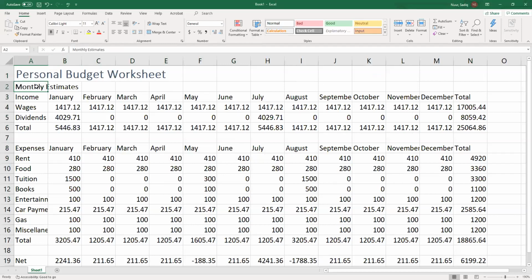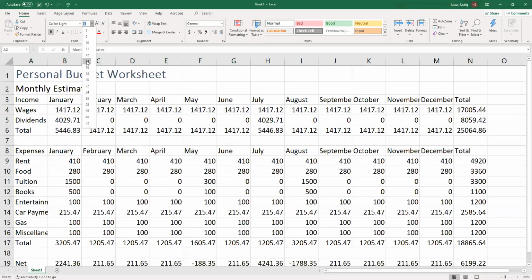If you look under Font, the size is 11. We want to change it to 14. So click the arrow and choose 14. So that's 14 points. Once we are done with the 14 point,